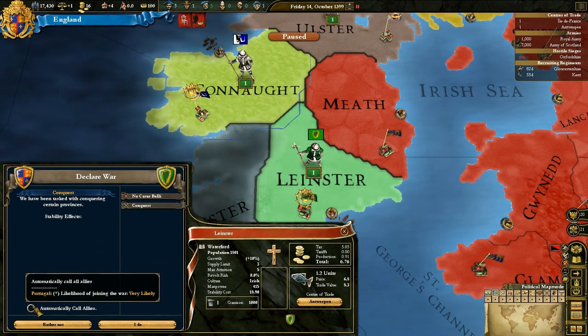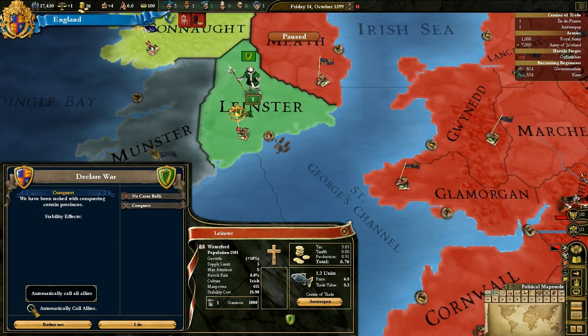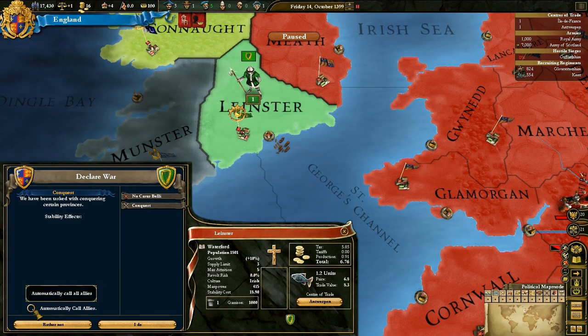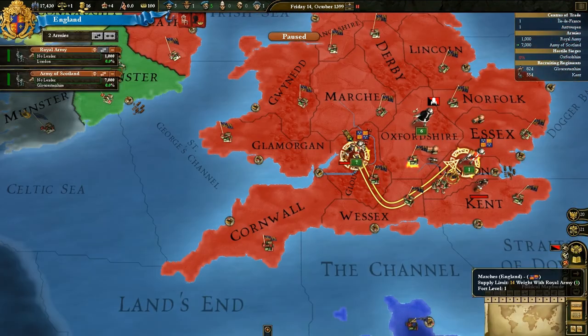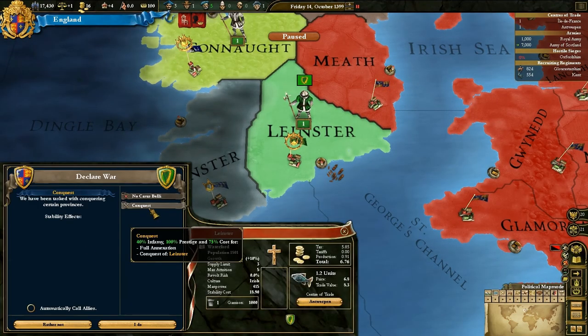Here at the bottom, you can automatically call all your allies to war, but if you hover over it, you can see how likely they're going to join to the war. So before you do that, always check that some important ally isn't going to join you in the war, so then you obviously don't call them. Because if you don't call them to the war, you're not going to lose the alliance with them. They're still going to be your ally, but they're not going to join you in this war. So we won't call Portugal into it, because really we don't need to do it. So here we'll just declare war on them,